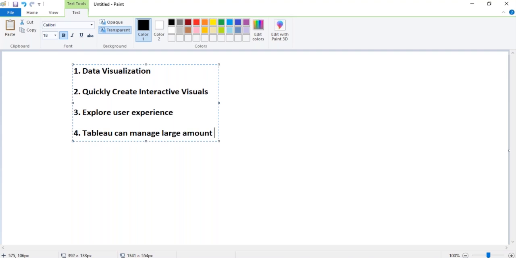So Tableau can manage a large amount of data. If you go for Excel or some other tool, it will only handle up to some extent. But using Tableau, we can handle a large amount of data.